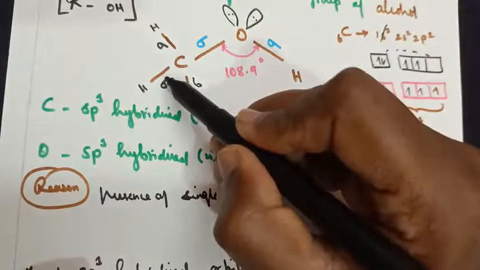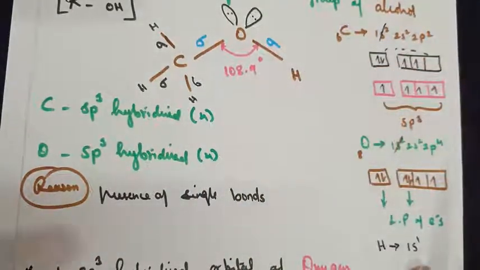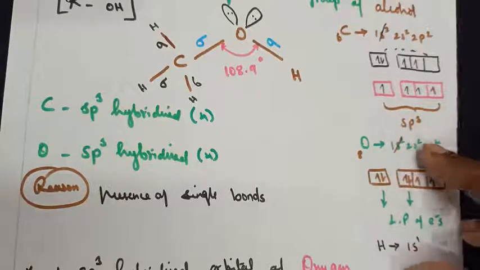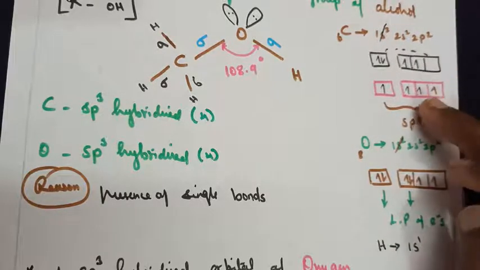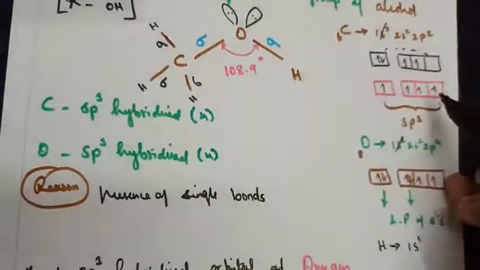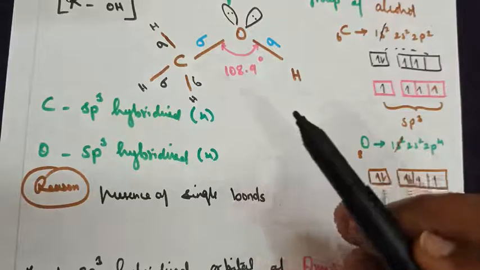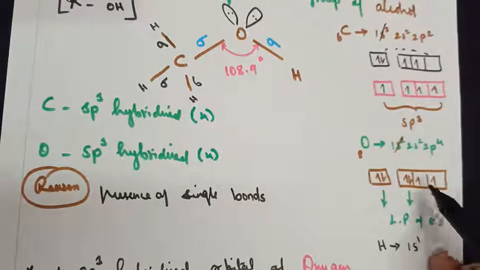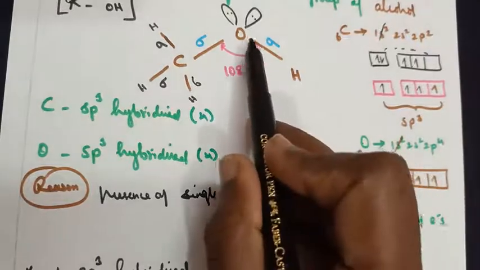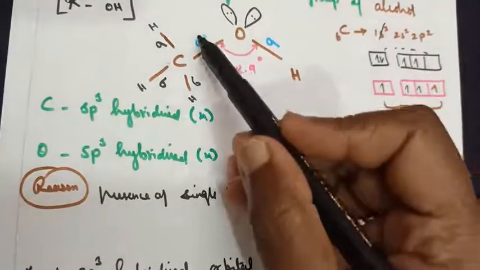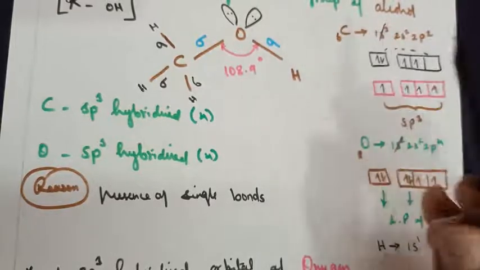Now all these are sigma type of bonding. So I have written the representation of sigma here. I hope I'm making my points clear to the students. Carbon makes the availability of 4 orbitals, 3 are bonded to hydrogen and 1 is bonded with the oxygen, hence the bond between carbon and oxygen. Oxygen out of the 2 combines 1 with a carbon, 1 with a hydrogen, hence this OH bond here. All these are single bonds, hence they are a sigma type of bond here.